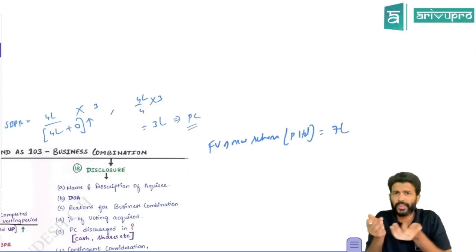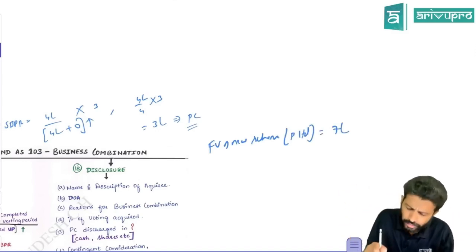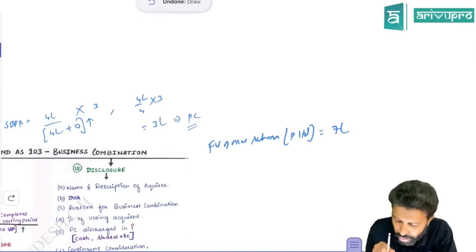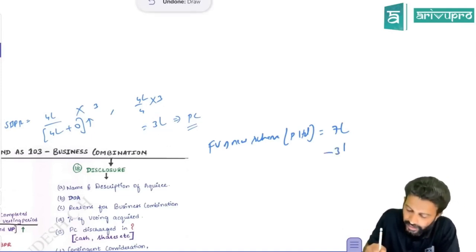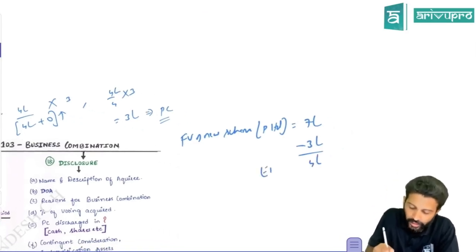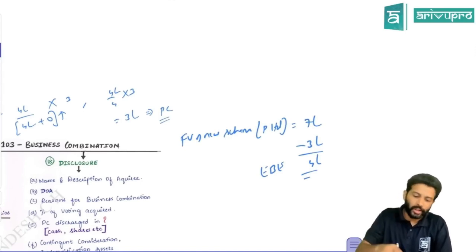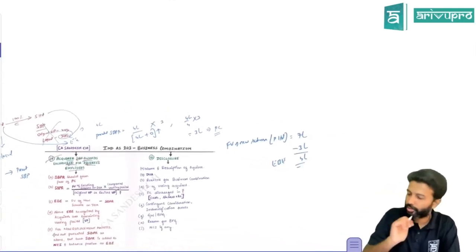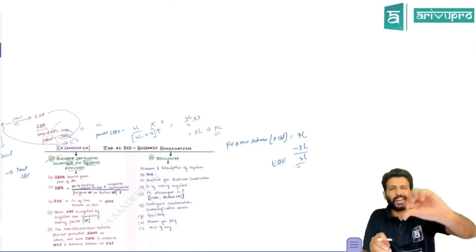Assumption. Because obviously the fair value of the shares of S Limited and P Limited need not be the same. So let's assume the fair value of the new scheme of P Limited is 7 lakh. So in this 7 lakh, you deduct 3 lakh because 3 lakh is forming part of PC. The balance 4 lakh only you will treat as employment benefit expenditure. Okay. So this is how you find that out. Again, this calculation will come in one of the problems later on, the same thing I've done now, where you'll get a little extra data.